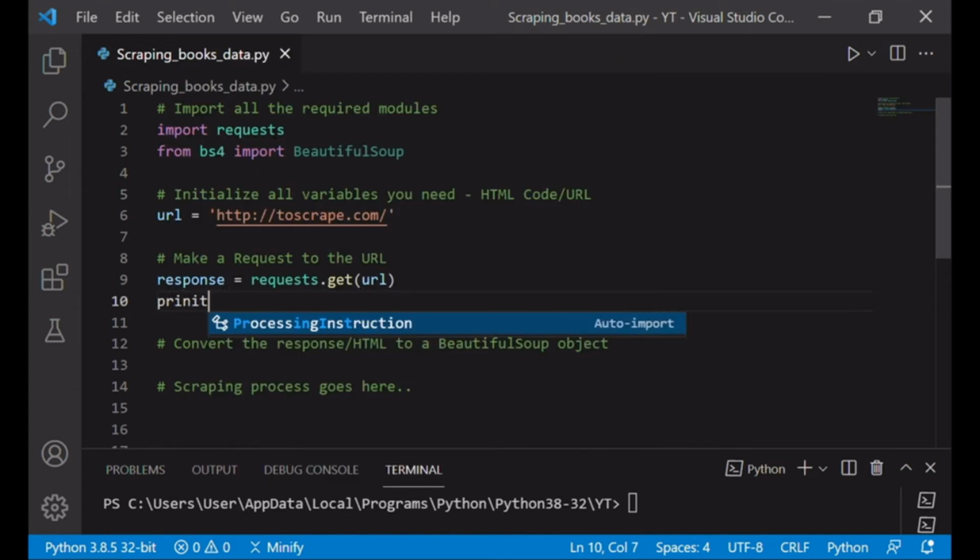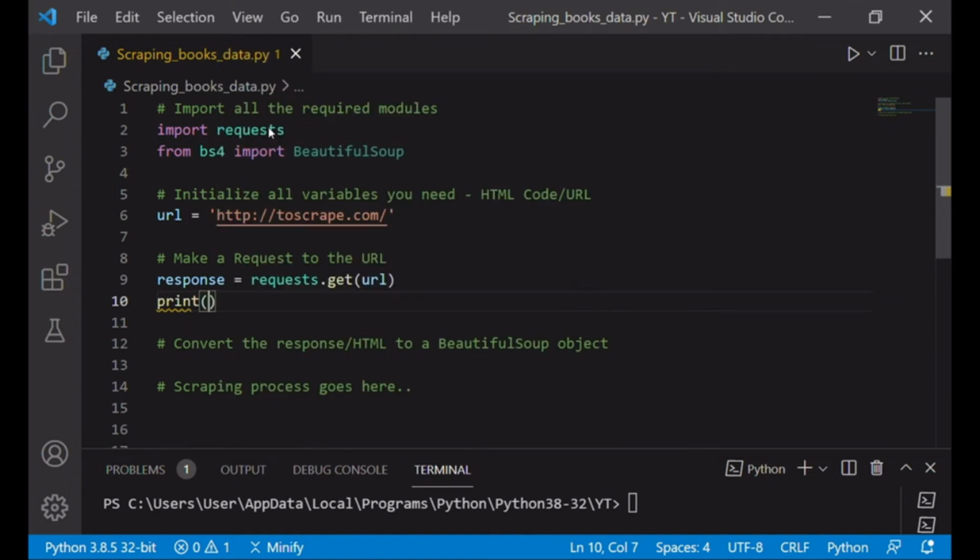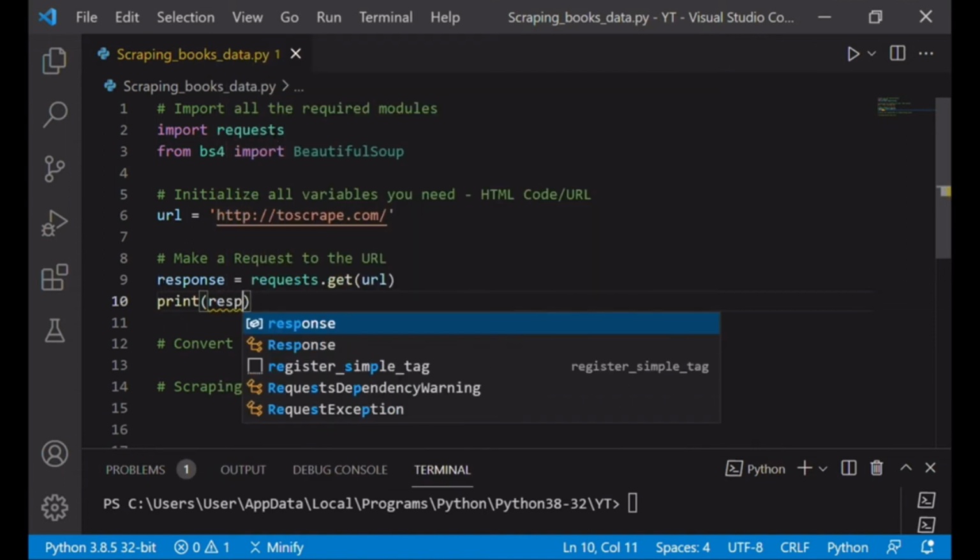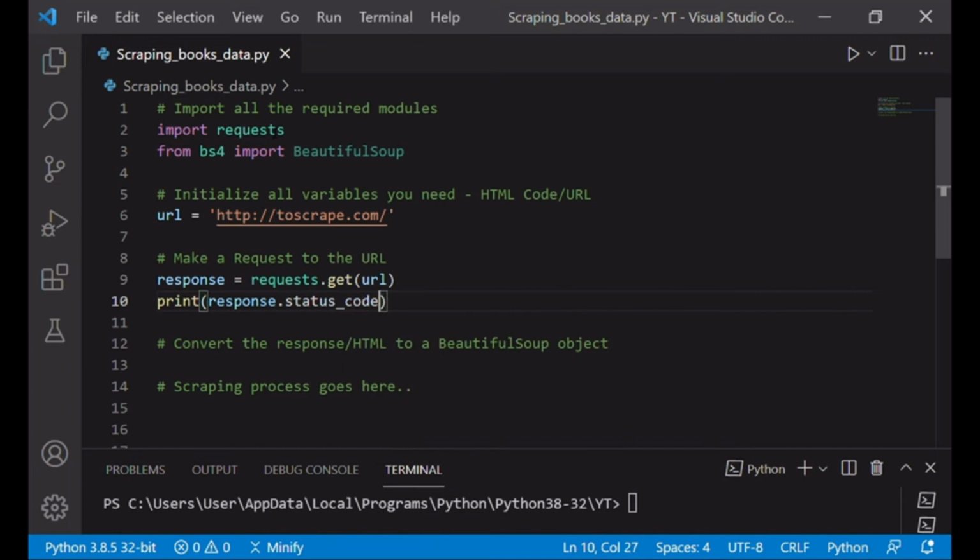So let's quickly print what response the server will give us. Let's do response dot status code. If you are into web development, you know what the status code is. You have 200, which is success, 302, which is redirection, and 404, which is not found.